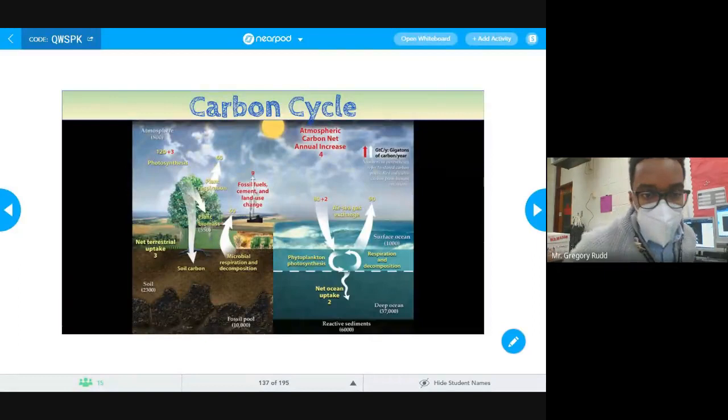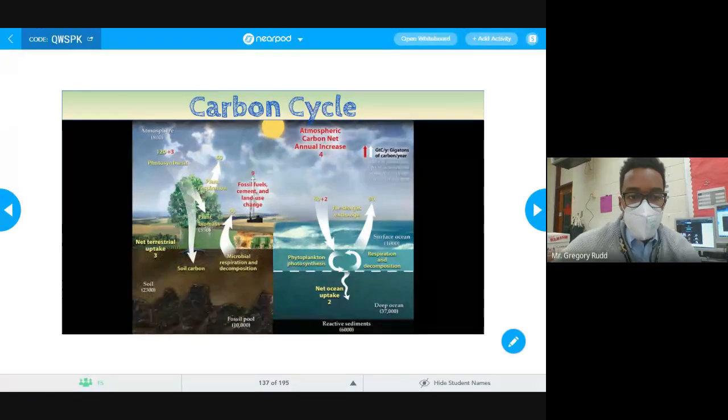So on your screen, hopefully this is visible. It's probably not super visible on the screen in front of the room, but you can see in this image the carbon cycle, essentially. It's showing the movement of carbon from the atmosphere to terrestrial sources, from human sources back into the atmosphere. And it's also showing some interesting places where carbon is stored.